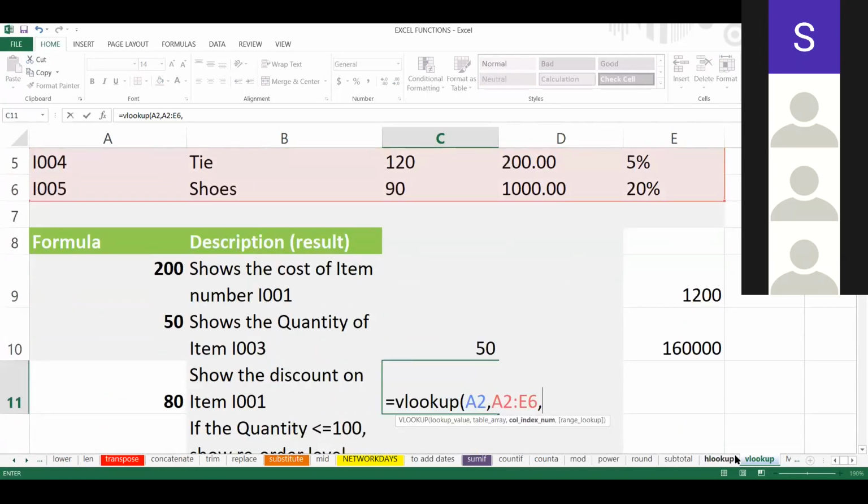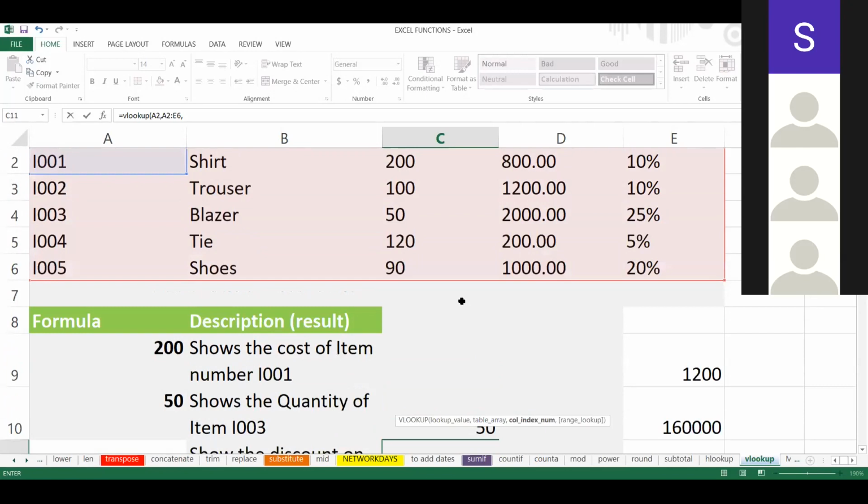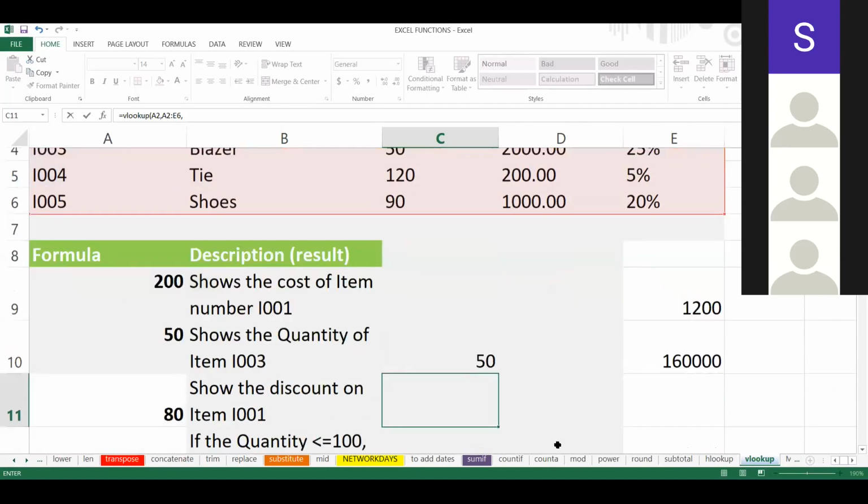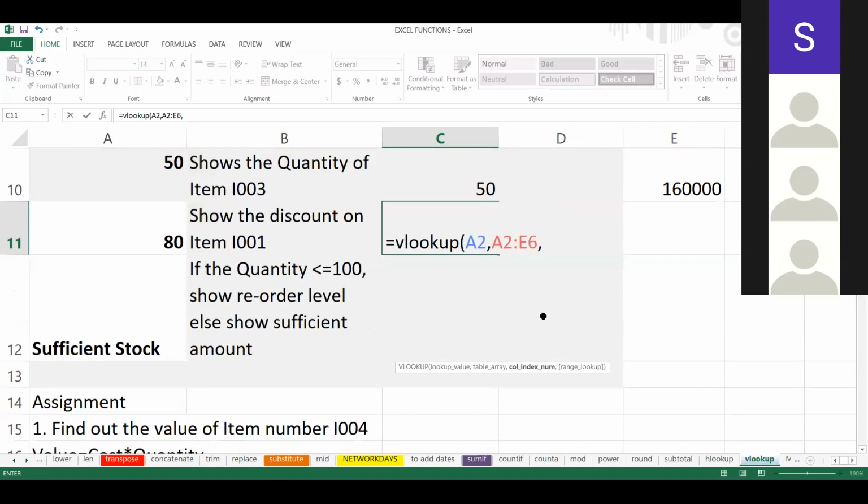Column index. So I want 80 as the answer. So what do I need to do? I need to write a formula. First I need to finish this formula which I am writing. So 1, 2, 3, 4. So I will write 4 here, comma, false.